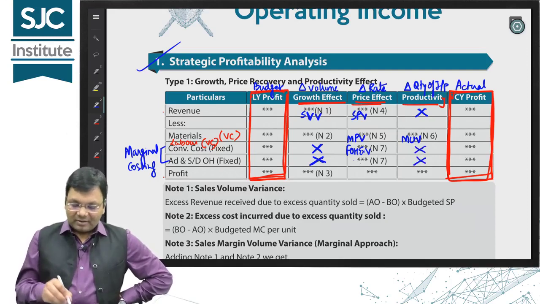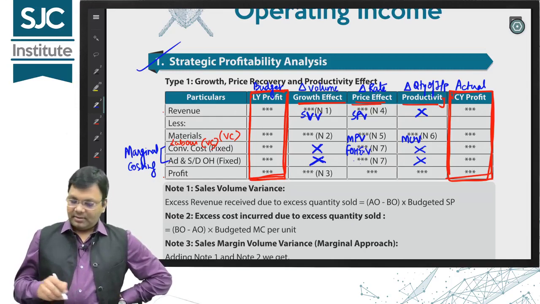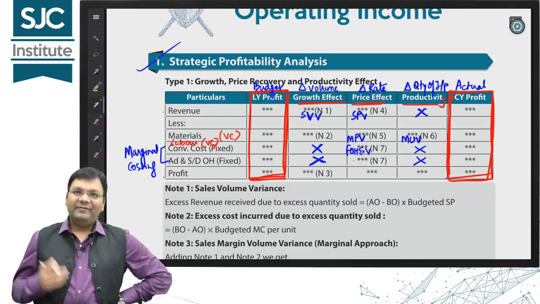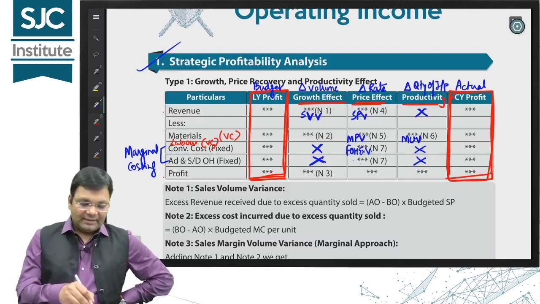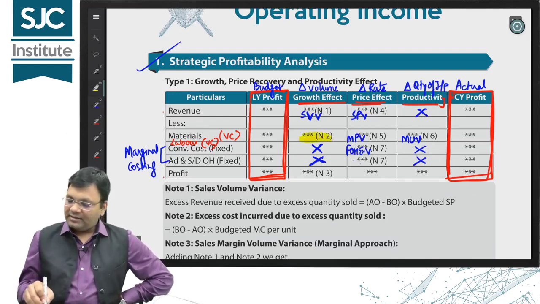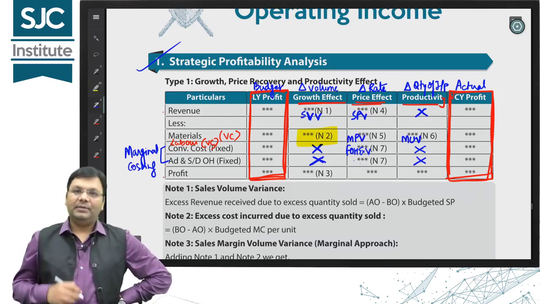So had labor cost been given here, for labor cost we would have computed all three, like in material cost, where you can see all three are there. In revenue we have growth and price, in fixed cost we have only expenditure. There is one thing that I have deliberately not touched yet, which is this note 2, and this is something new which we don't do even in standard costing, which is only dealt with here.